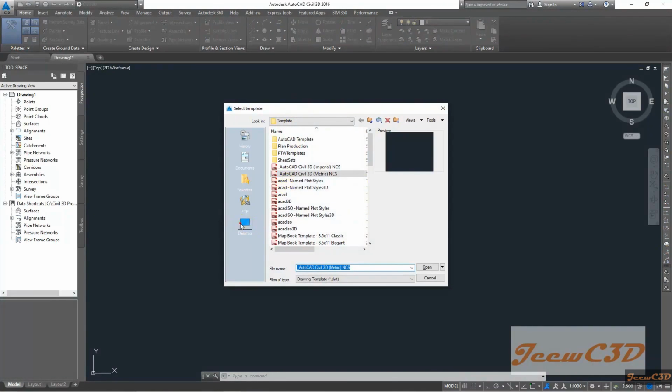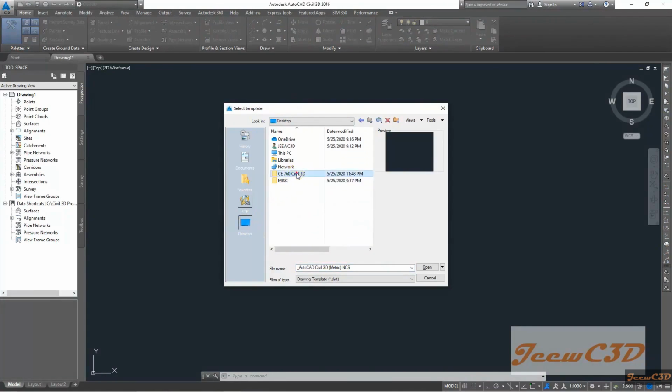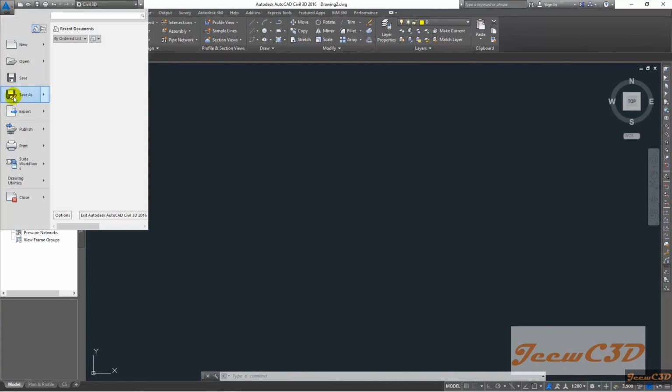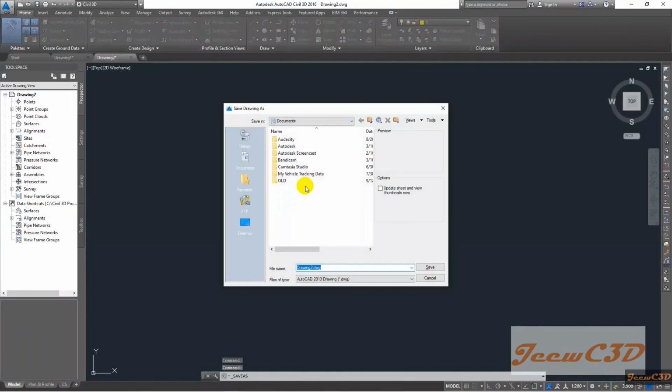Then I am in my desktop where I have the data folder. I select new row template and click open. So a new drawing with new row template will be opened. I will save this drawing as Import LandXML surface. So to do that, I go here, then save as. I'm going to my Civil 3D folder, then I save it as